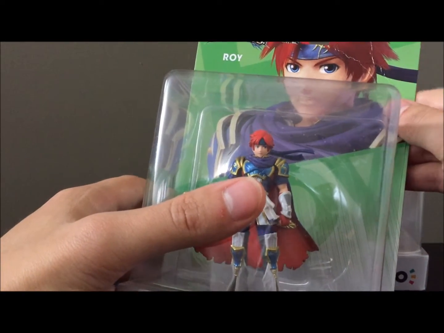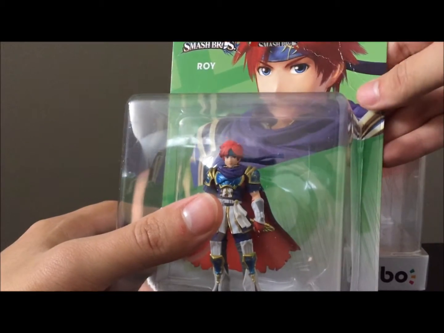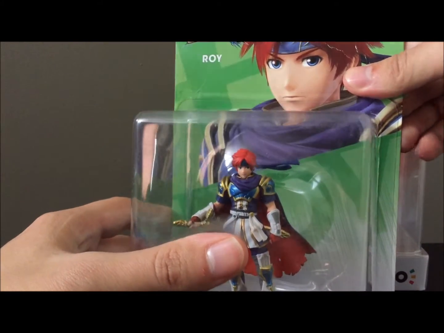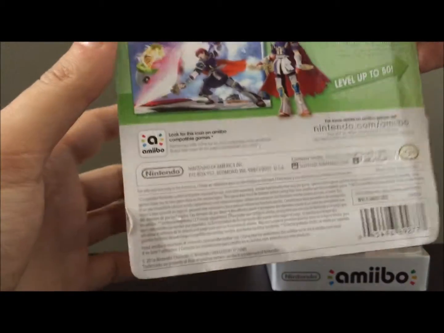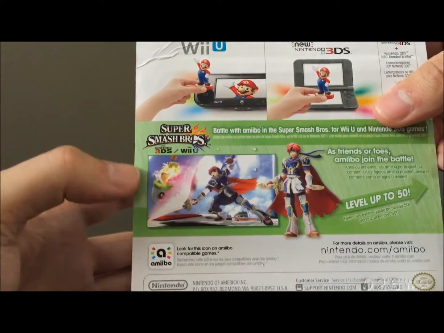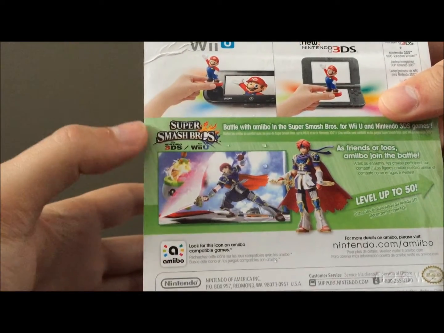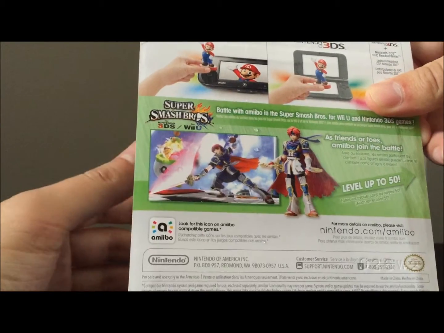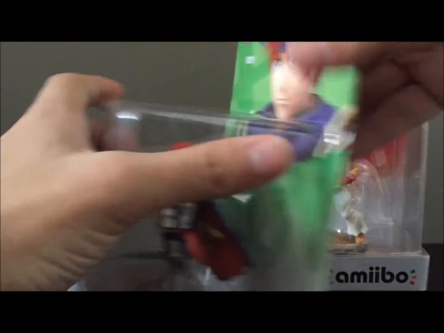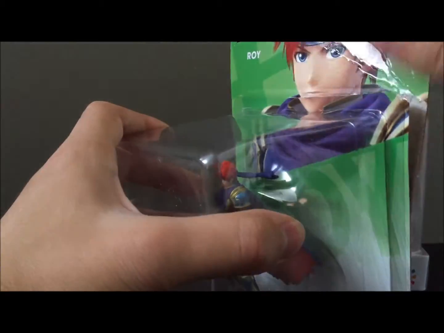Package is dinged up. That wasn't like that when I got it. That was all me, just kind of careless, walking around with it, and he just got dinged up. But anyways, we're here. We've got him beating up on Bowser Jr., which, in my opinion, is a bit of a missed opportunity. That should have definitely been the Roy Koopa, just to keep that joke going from his reveal trailer. Open him up,